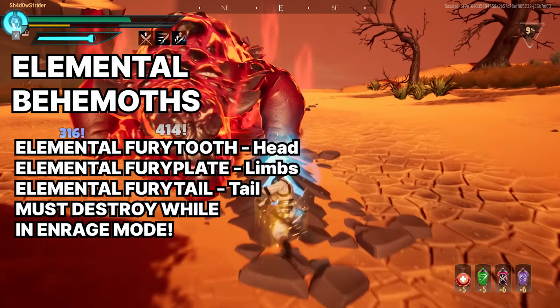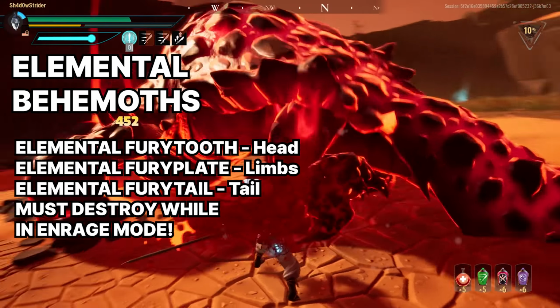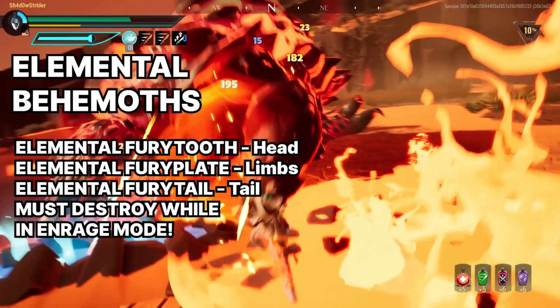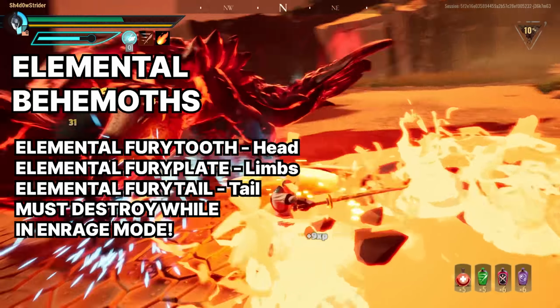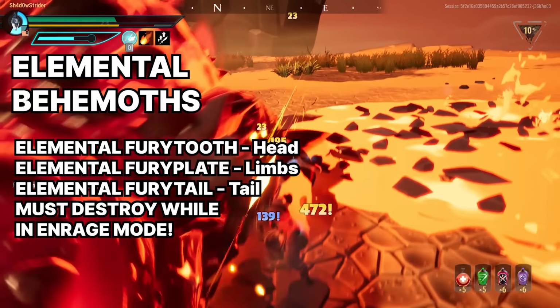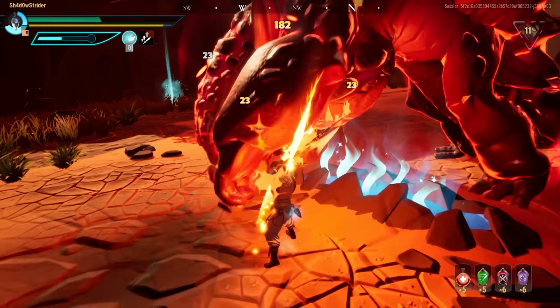There is no requirement for the time in this one, you simply need to wait for him to enrage before you destroy his parts. Lower the health of all of his parts again and wait for him to enrage, then chip his parts down one at a time and destroy them one after another in a quick succession, hopefully getting a lot of loot. If the behemoth is both enraged and in Ether mode, you have a chance for both